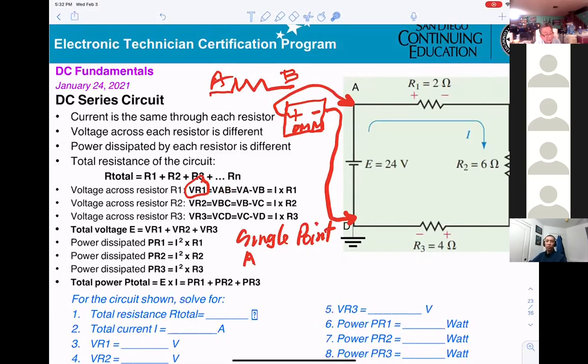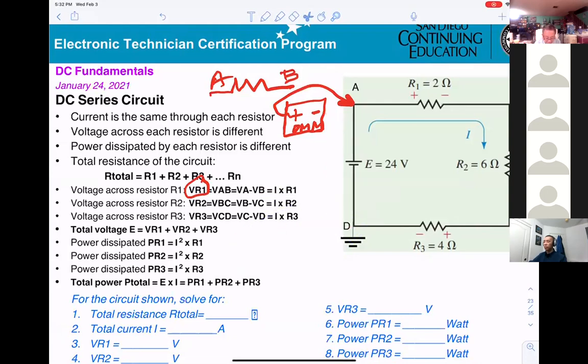Anytime you say VAB, it means VA minus VB. If VCD, same thing, that means VC minus VD. VA minus VB is telling you the voltage at A will be higher than the voltage at B. Okay, so now if I want to measure the voltage at B,